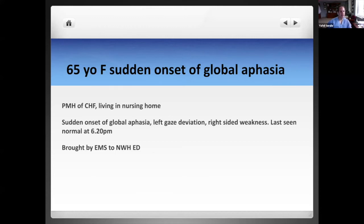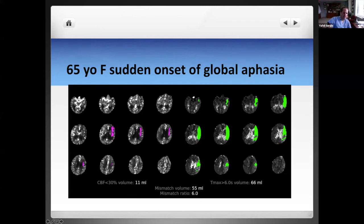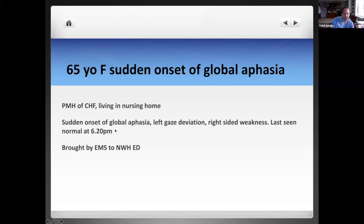All right, so we have now another case of a 65-year-old female who had sudden onset of global aphasia. This patient has a past medical history of congestive heart failure, living in a nursing home, but at some point, very, very sudden, very clearly onset of global aphasia. Aphasia meaning that the patient cannot speak, cannot understand a single word that you're telling them. The patient also had left gaze deviation, meaning the head of the patient was turned towards the left side, and had right-sided weakness. The patient was last seen normal at 6:20, as I said, and was brought by EMS to